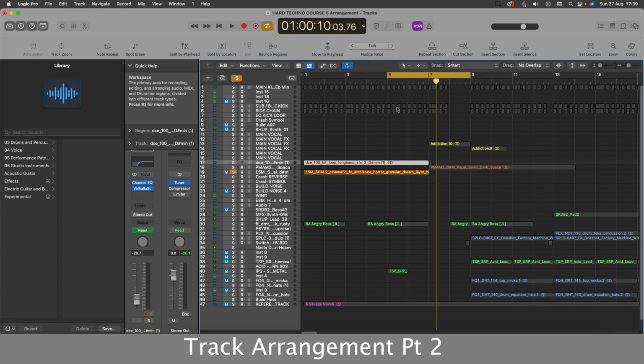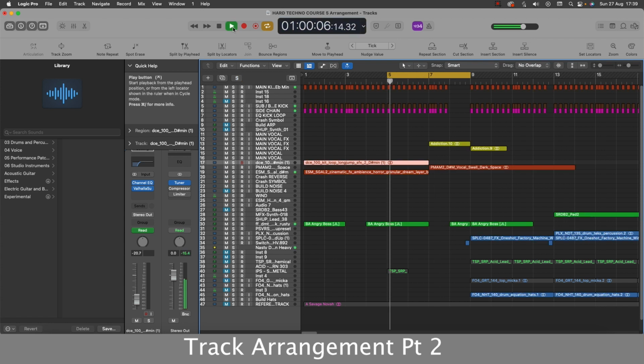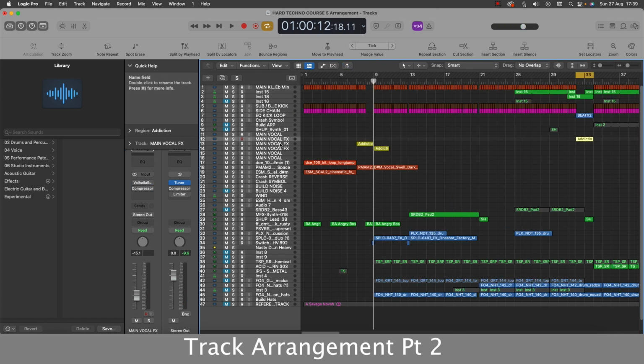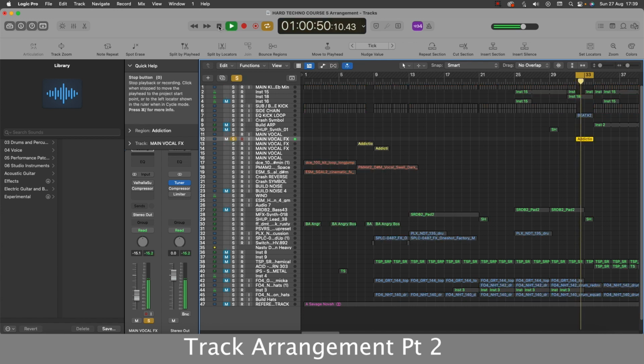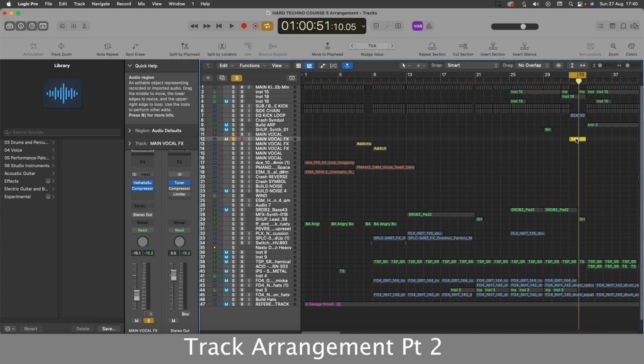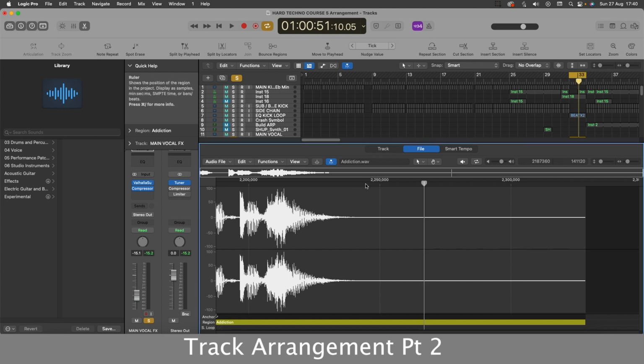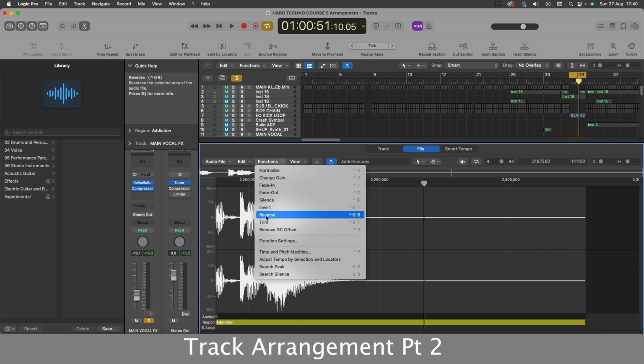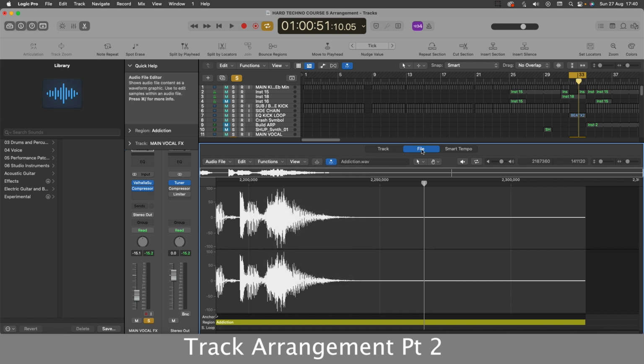I also cut my original atmospheric sound on bar 7 to introduce my first vocal sound, to which I've reversed and added another Valhalla reverb effect to. I actually chose a new vocal for my track that I thought suited it a bit more, which is this one. Addiction. You can reverse any sample in Logic just simply by double clicking on it and going to Functions and Reverse. As long as it's an audio file, can't do that with a MIDI track.